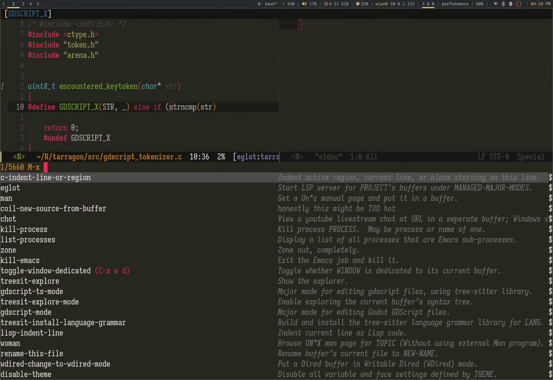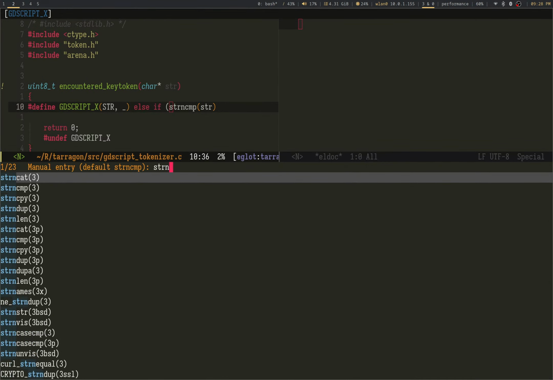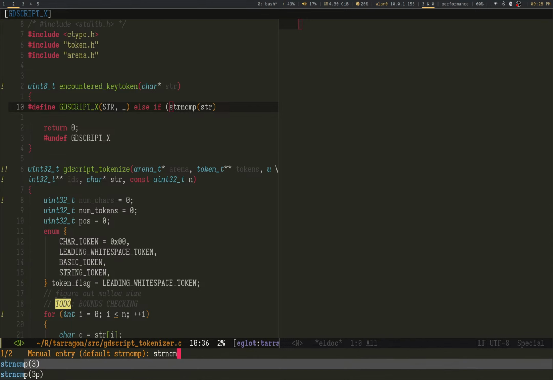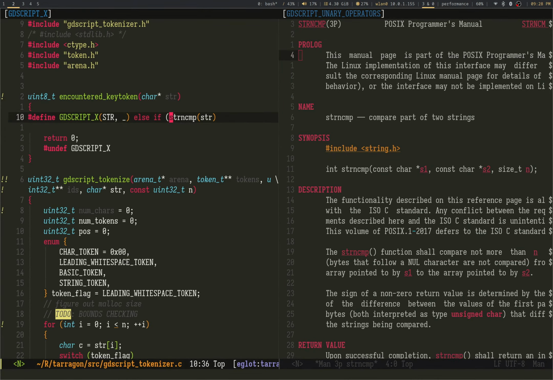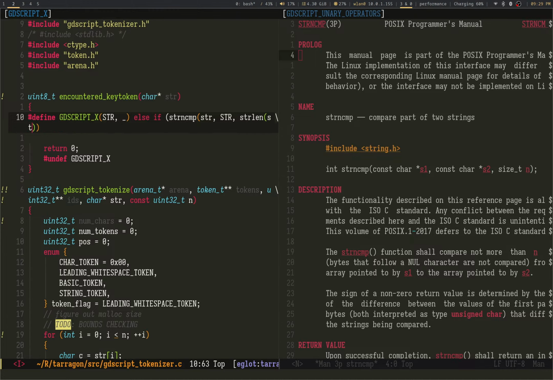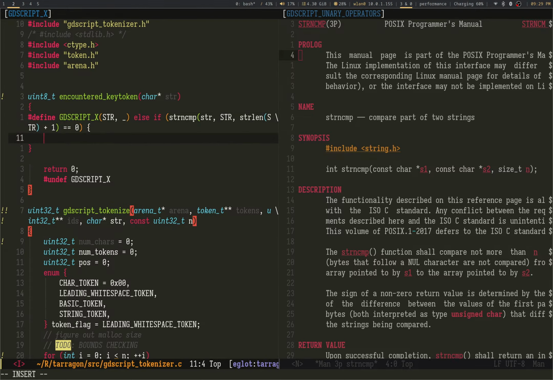Yeah, we have a string income. Okay, great. Str is equal to 0, then return 1.